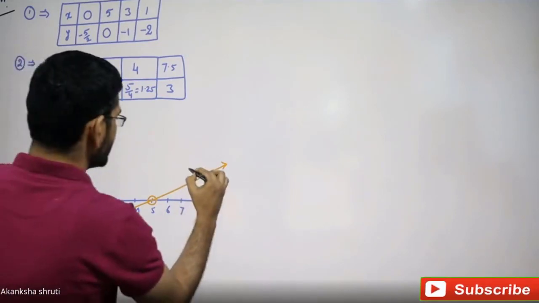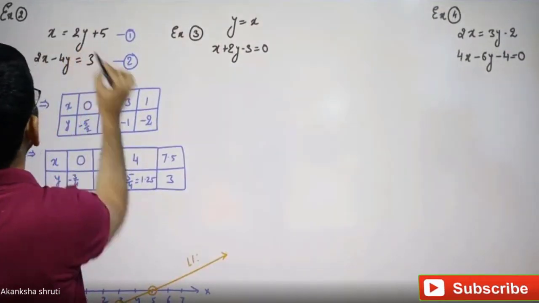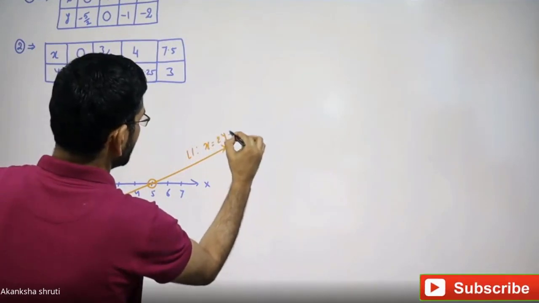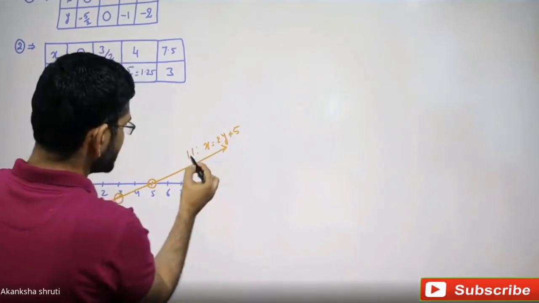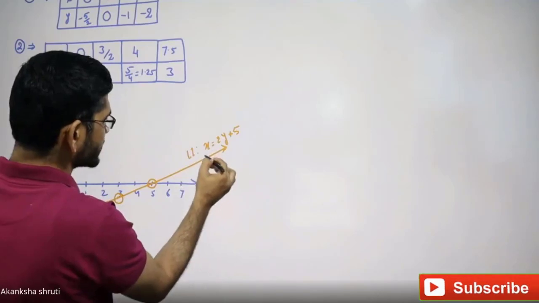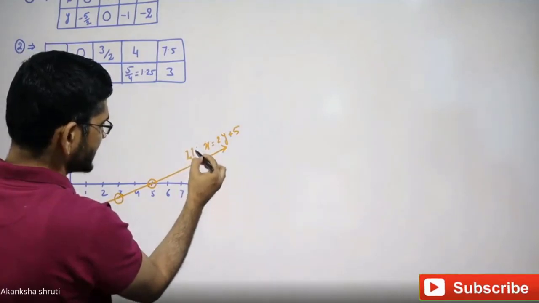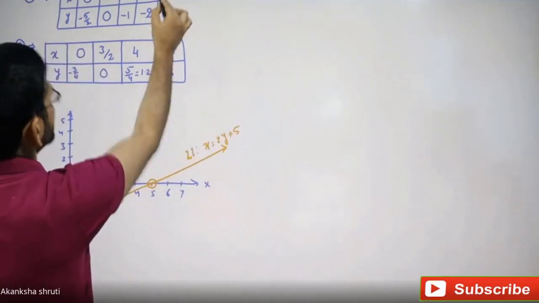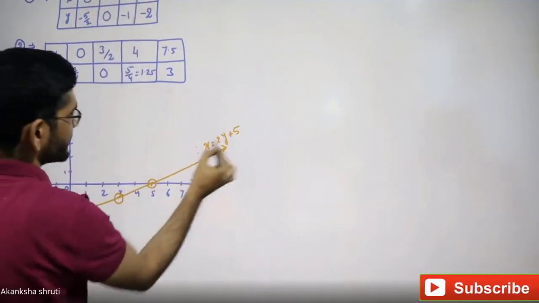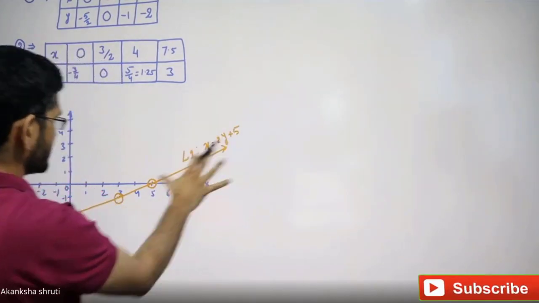So this is our line 1 or equation 1, which is x is equals to 2y plus 5. This L1 means the name we have given to this line, and this is the line corresponding to this equation. So this is a better way of writing. Write this as L1 is equals to the equation given. Because the equation itself contains the equal sign, this is our L1. This way you have given the name to this line.